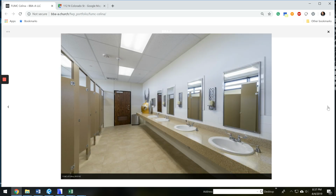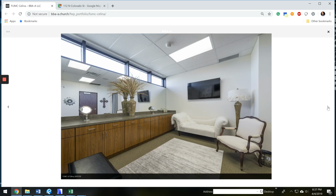Here's the restrooms, very ample, very nice. This church knew that restrooms were very important and went for it. And this is just a beautiful space. Here's their combination. This space has to do a lot of things, but this is actually a bride's room. You see some nice mirrors there on the left. You see some nice furniture, but they also use this for a bit of counseling,